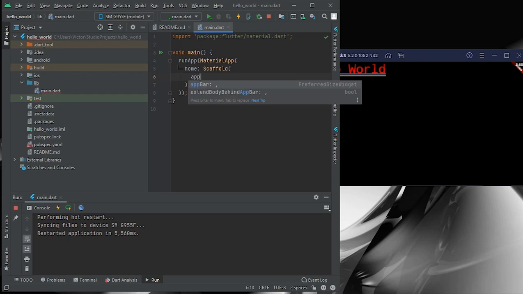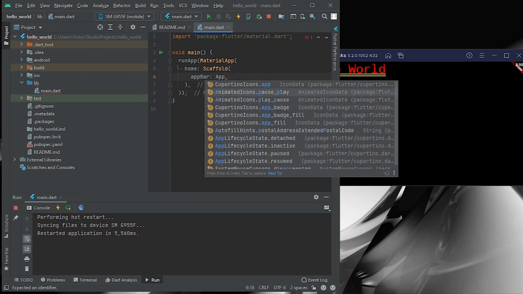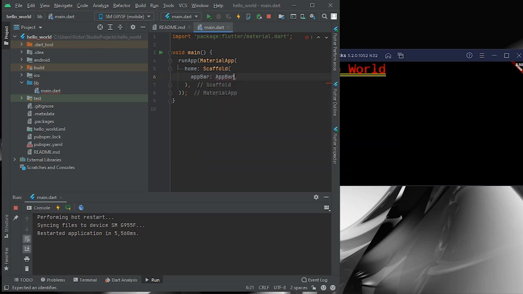An app bar here, and then the app bar will take a property. Inside the app bar we'll have a string which I'm going to call my app bar.